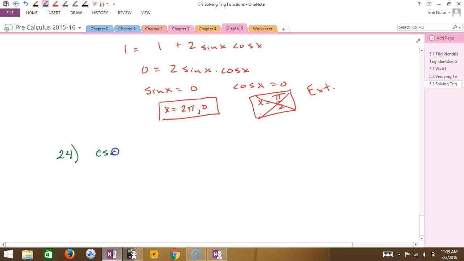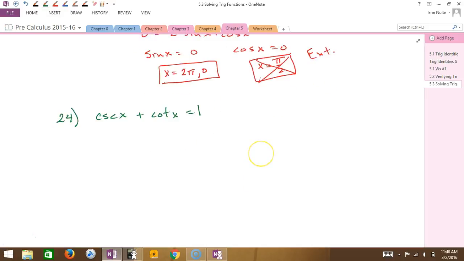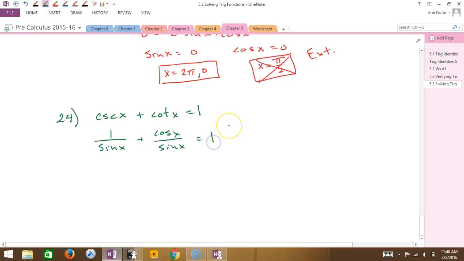So we got cosecant of x plus cotangent of x. Okay, what do you guys think about this one? Perfect, good. So cosecant is 1 over sine. Cotangent is cosine over sine. So another scenario where we have a potential extraneous solution, just an FYI. So then if we squeeze,